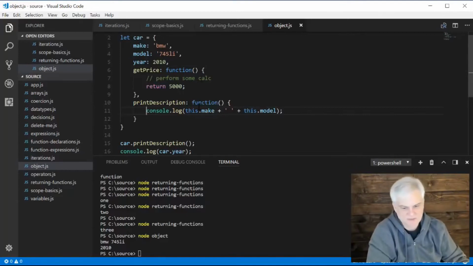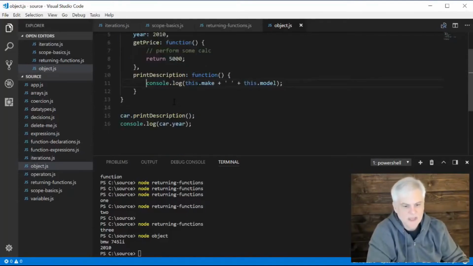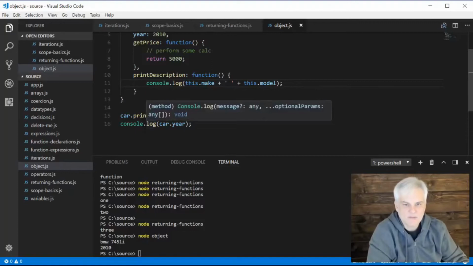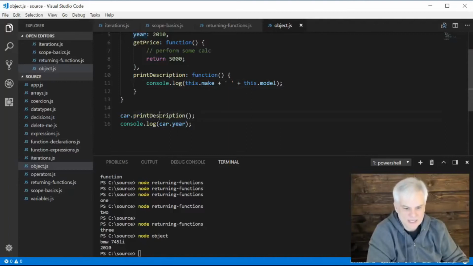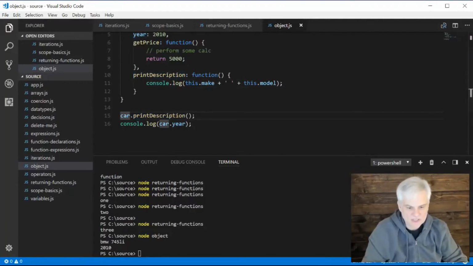These just happen to be very simple for the purpose of illustration. All right, so I've defined my object. Now I want to actually use it and reference it. How do I do that? Well, you can see that whenever I wanted to access a specific property of my object, or when I wanted to access a function, I use the variable name that I set the object reference to, and then I use